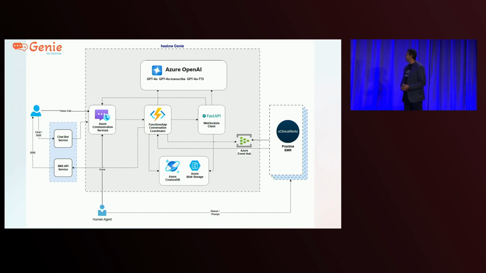Now, we've been talking a lot about different deployment types. What did you choose and why did you choose it? Well, we wanted real time. We wanted to reduce the latency. That's key. The experience of the patient is very critical. We use the PTUs because we want the experience of the patient again to be latency free. We want guaranteed response time. So that's critical for a healthcare setting.